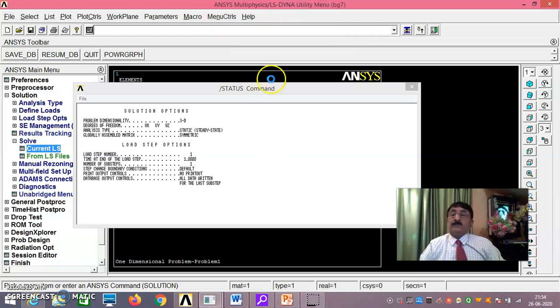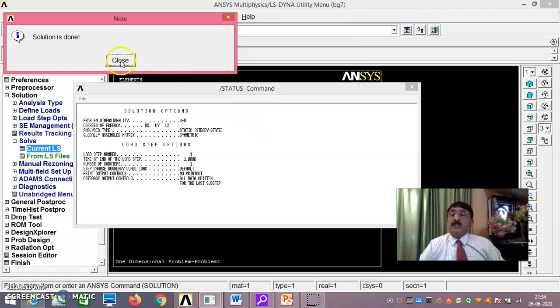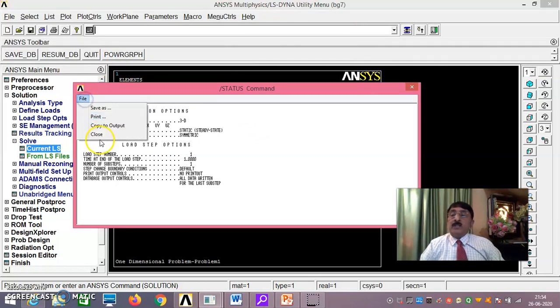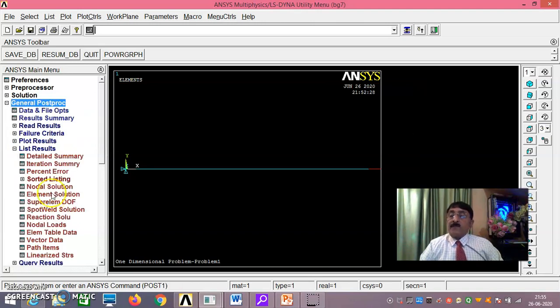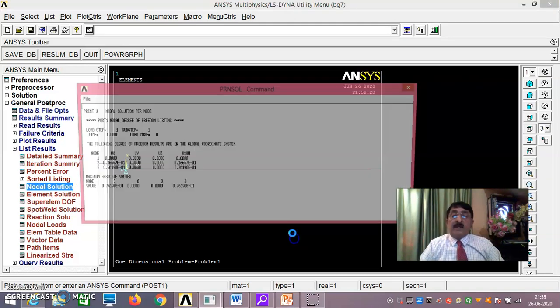Okay, solution is done. Then we go for general postproc, list results, nodal solution, displacement vector sum you do.